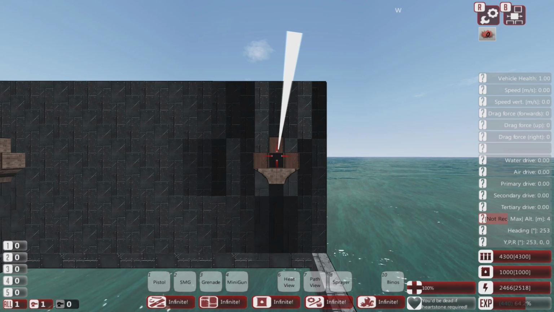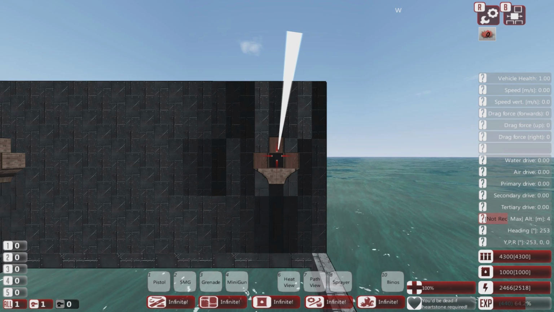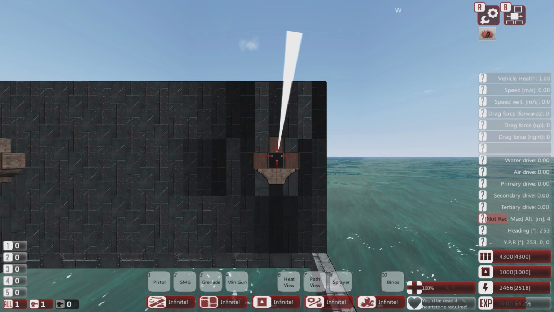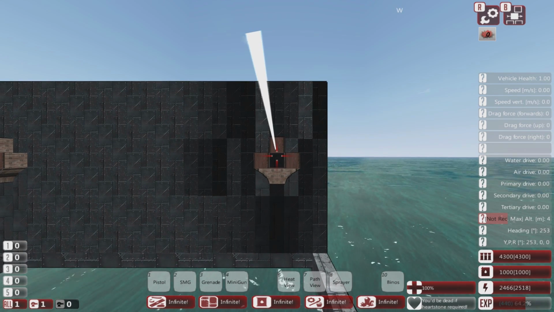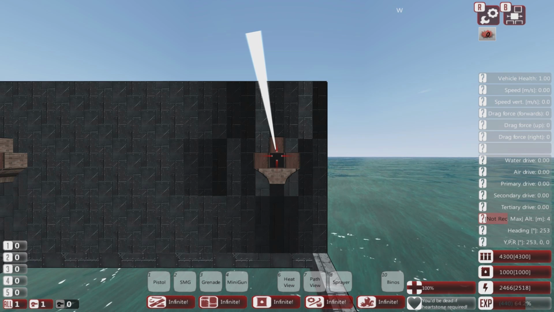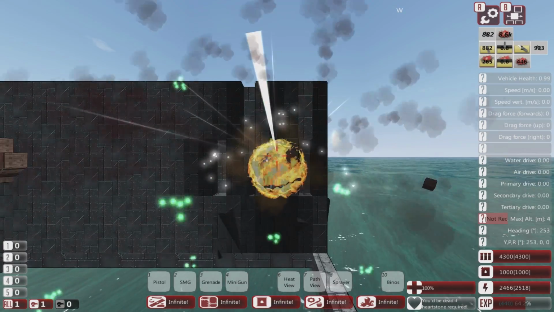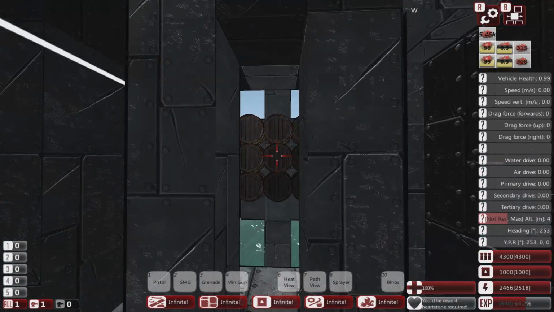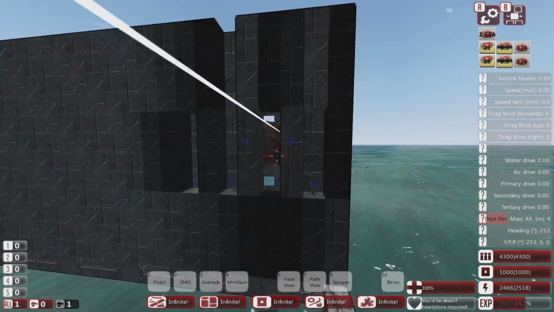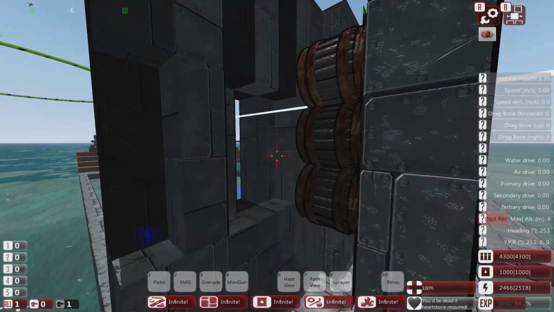So this is APHE. I'm not calling it HEAP, I'm calling it APHE because it's armor piercing, high explosive. So armor piercing at the front, high explosive afterwards. So let's see how that does. And you notice good penetration, goes through the block, but the HE is still exploding on the surface, but it did go through that block